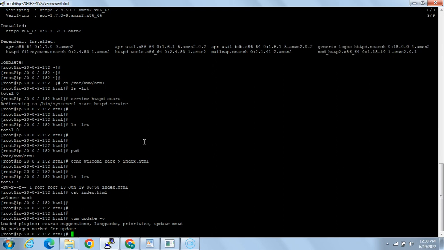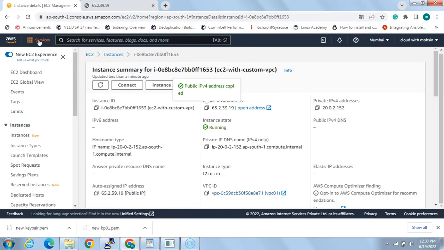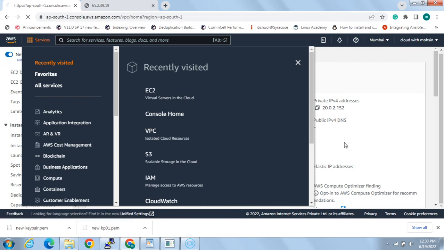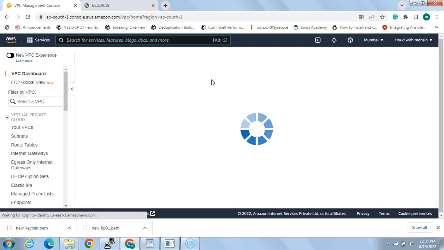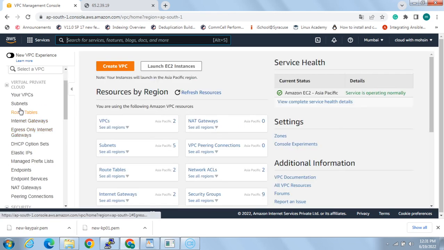So basically with VPC we can create our own logical data center, and it provides us a range of IP addresses. We can customize it and launch our resources inside that. And in case we don't want our resources to be accessed publicly, what we can do is create another subnet, and we can call it a private subnet. I'll show you how we can do that. So I will go to the subnets,